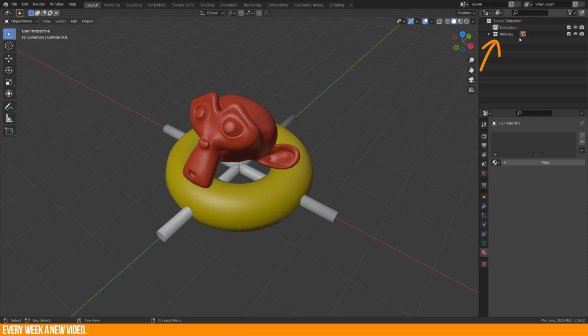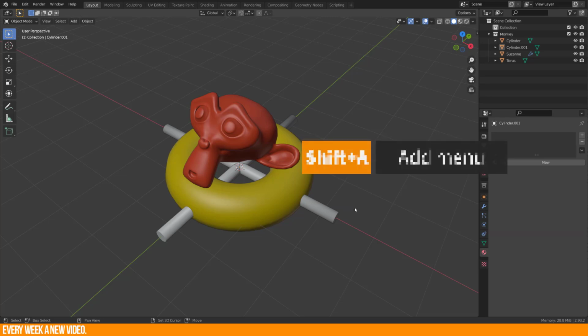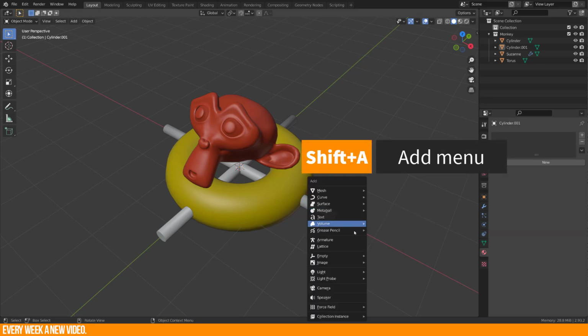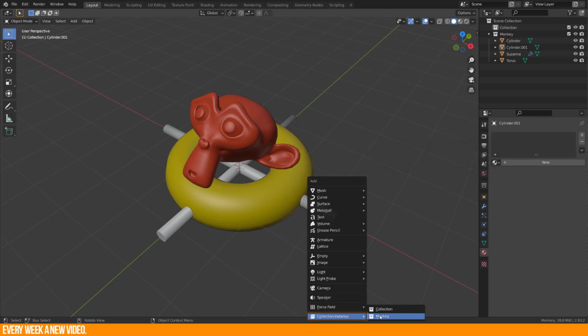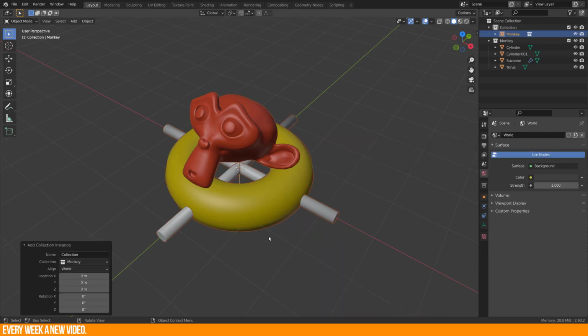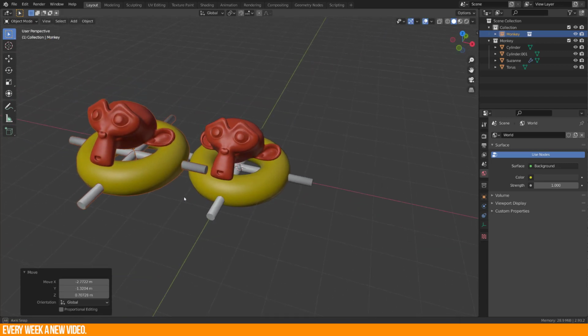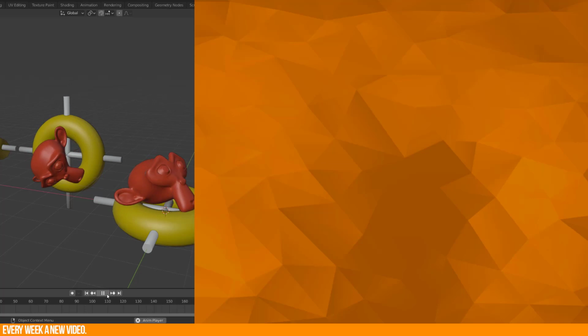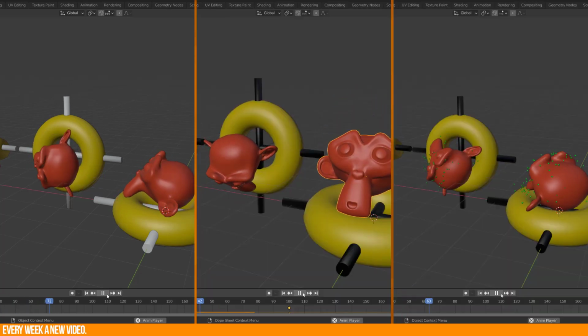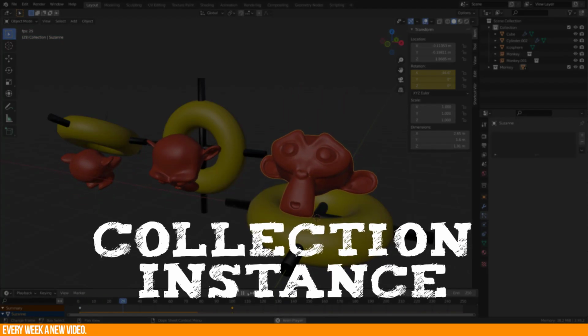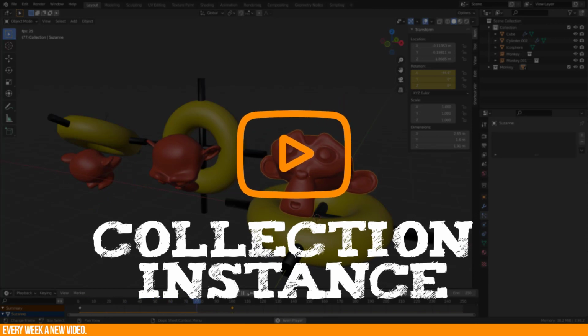When you have a collection defined in the outliner and there are some objects in it, then it is possible to add a collection instance by pressing Shift+A and heading to the collection instance section. Choose your preferred collection which should be added as your instance. And you successfully added a collection instance. This instance is able to adopt animation, physics simulation and particle effects. More about collection instances and how they work in this video now.